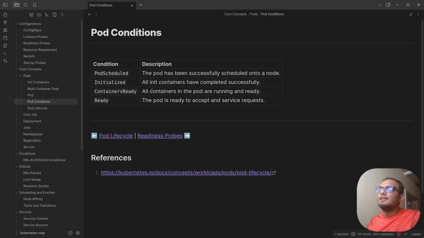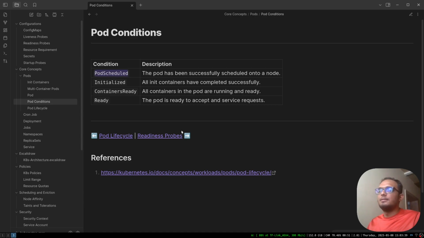Pod conditions. These give more status of where the pod is. Like PodScheduled is a condition type. You can see it over in the